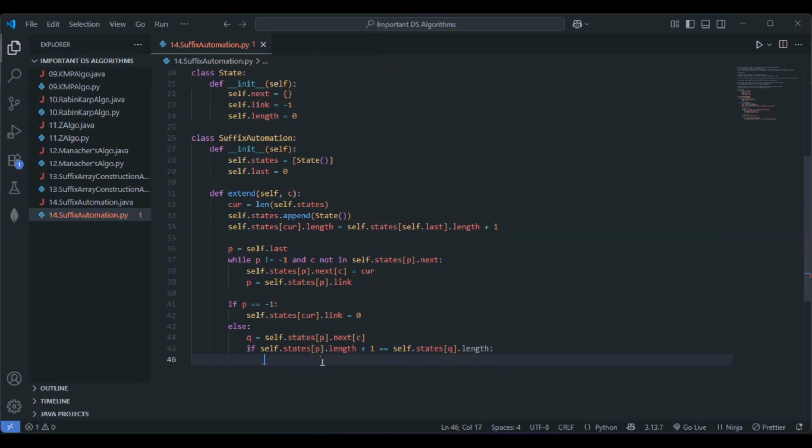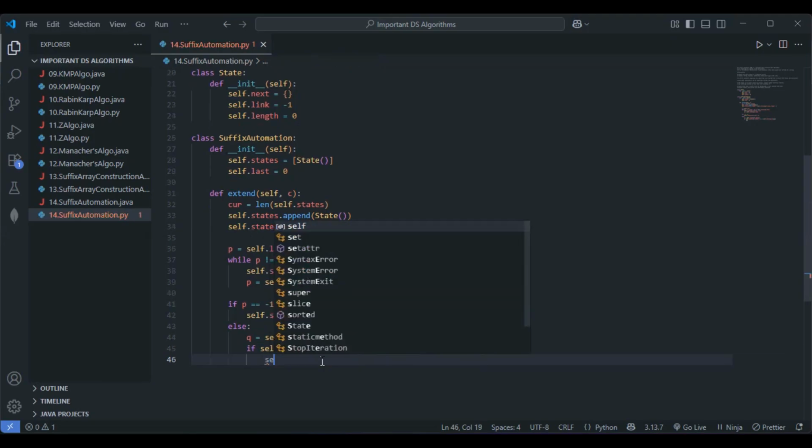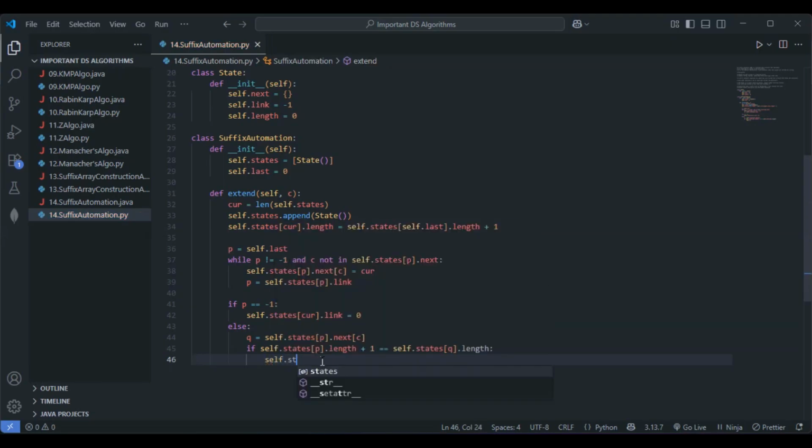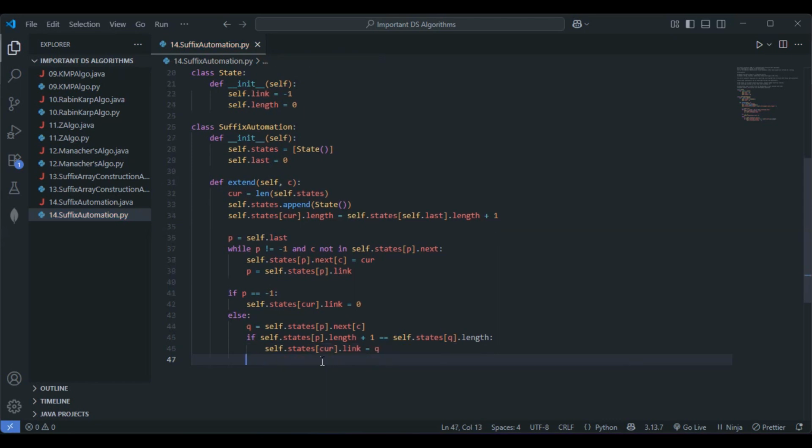This is also fine. Then self.states of current dot link, let's assign this to q, right? So this is fine. Else what we need to do,